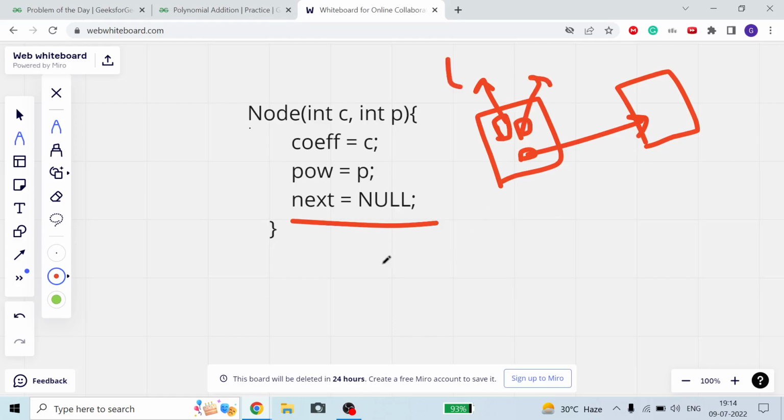When you write a polynomial, you will write it like 4x square plus 3x plus 2.